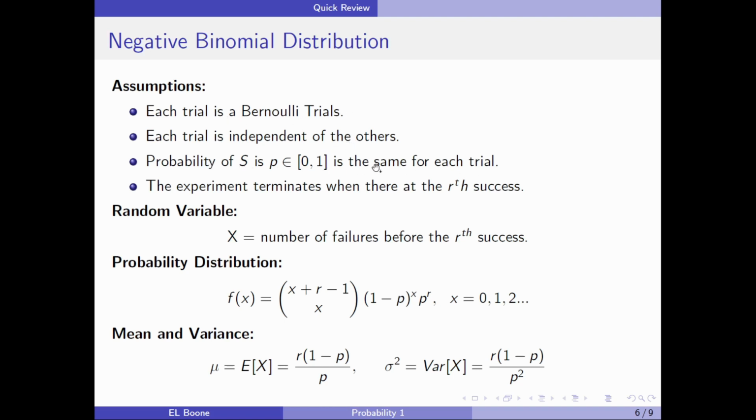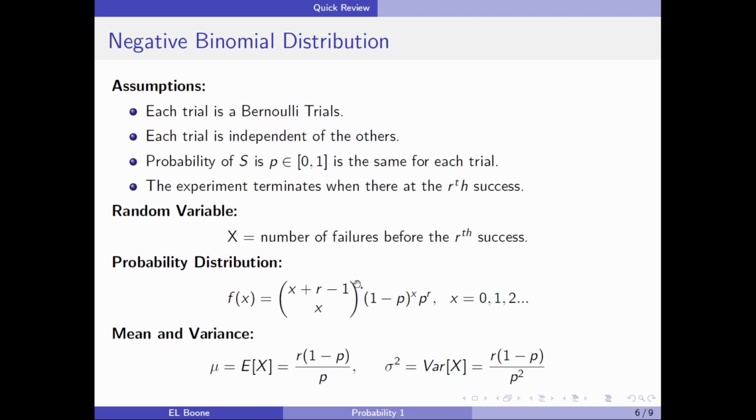The probability is the same for each trial, and the experiment terminates after the rth success. Okay, so we're going to have r successes, and that's when we're going to stop. So maybe I just pick that to be 5. I'll keep going until I get 5 successes. So the probability distribution for this is given by this, and this is why it's called the negative binomial distribution,